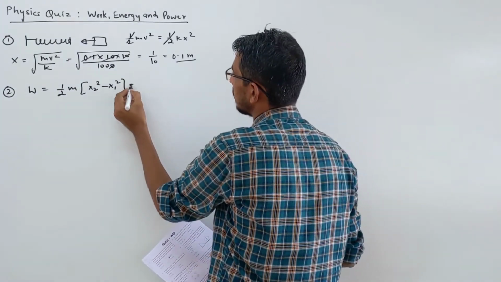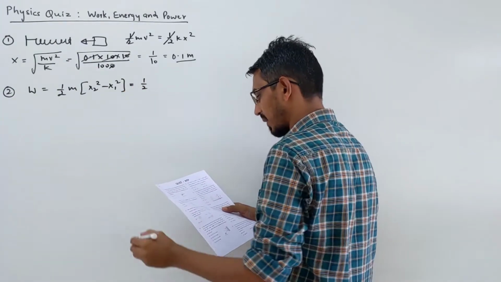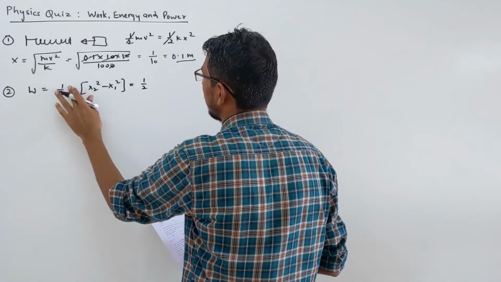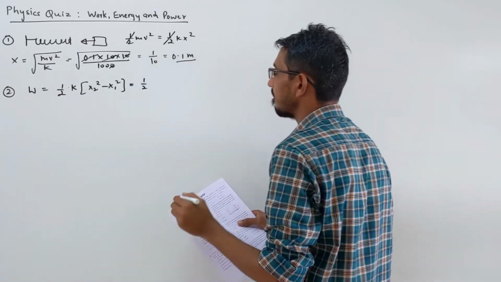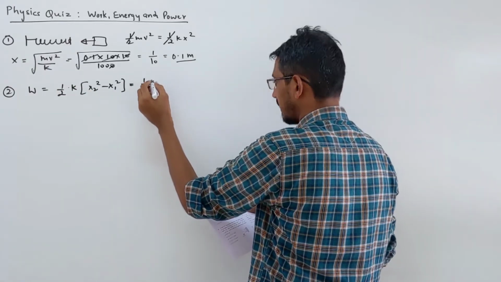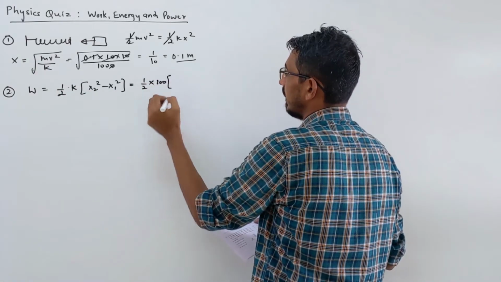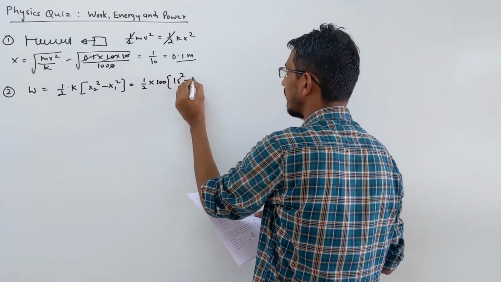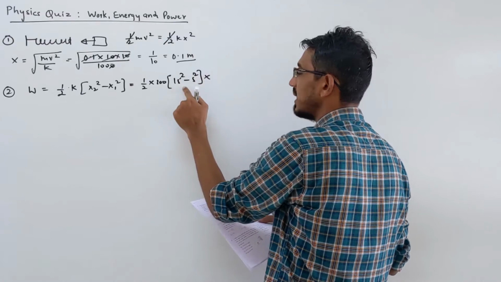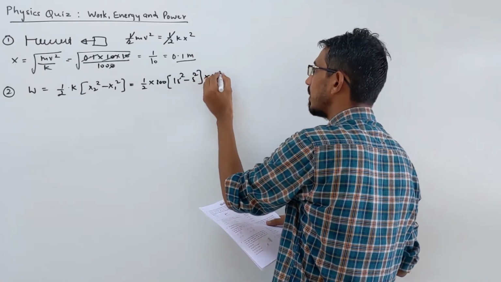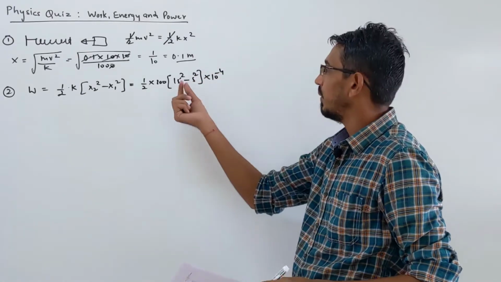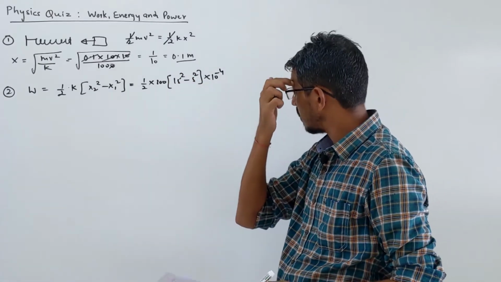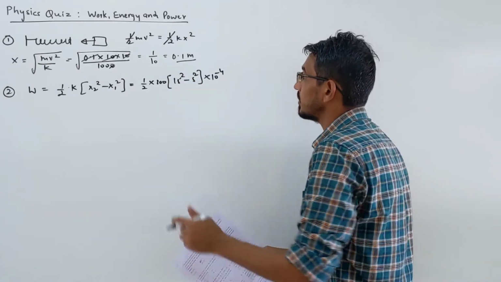So here we have to do it like this, half. Sorry, I wrote mass here. I should write K, spring constant, kx square. So K is given as 800 Newton per meter, and the final extension is given as 15 centimeter, 15 square minus 5 square, and this is given in centimeters. So you have to write it in meters. So I took 10 power minus 4 common: 15 into 10 power minus 2 squared, same for 5. I took 10 power minus 4 as common directly. So you have to just simplify this number.